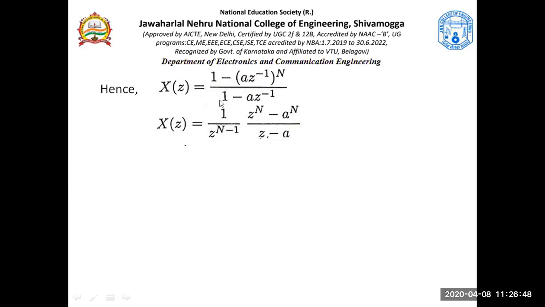So if you work it out, you will find this particular X of z. I explain again. This z inverse needs to be taken to the denominator. So how does it look? It is a by z to the power n. In the numerator you have a to the power n, in the denominator you have z to the power n. You take the LCM. It looks like z to the power n minus a to the power n, divided by z to the power n. So that is what you have in this part.